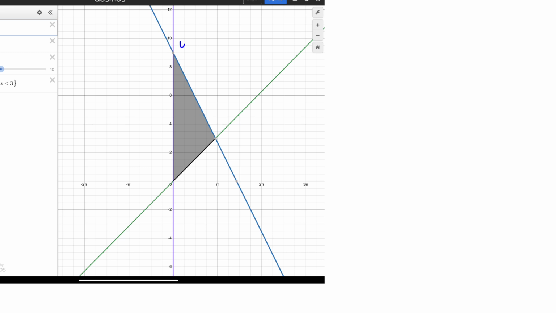And this curve was y equals 9 minus 2x. And this curve was y equals x. And this line here is x equals 0. And I want this region in there. And this time I want to send it about the x-axis. So find the volume of the solid of revolution